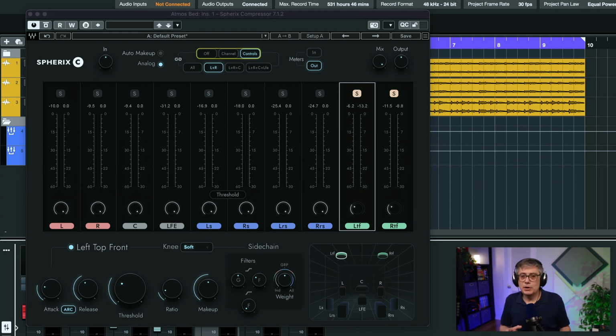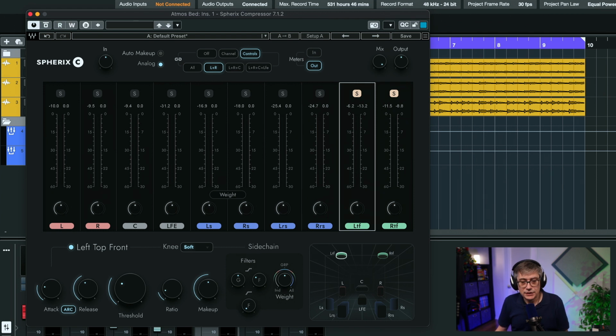And all these parameters are applied to all channels in that particular group identically. Or you can use the control settings where it's more of a relative change that you're doing. So when you're adding a threshold or removing threshold or doing anything else, it is applied to all channels, but they stay in their relative distance to each other. Now, in addition to being able to control the compressor parameters for each channel individually or for groups of channels individually,